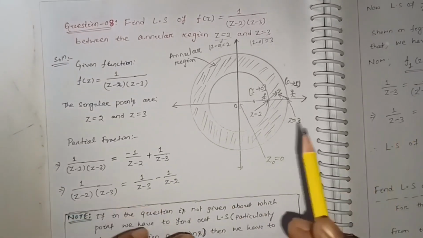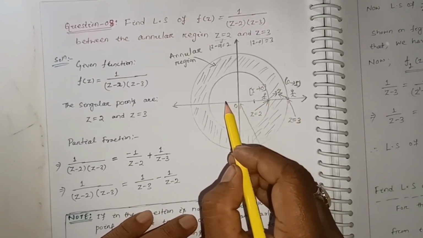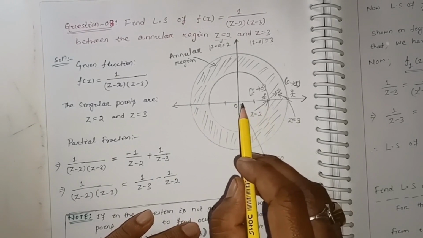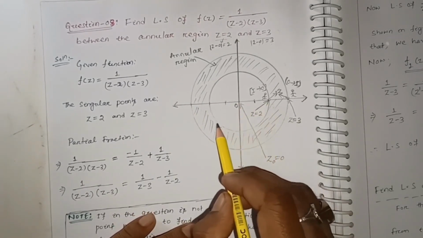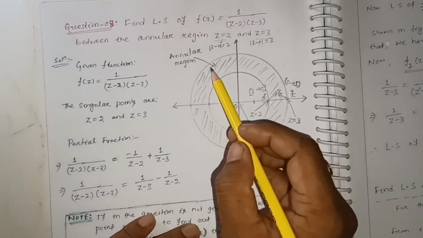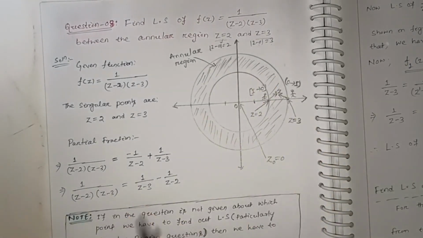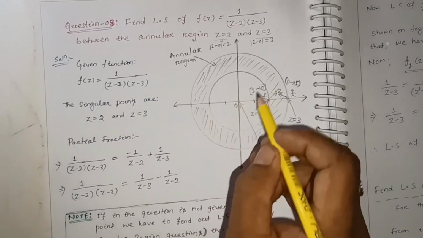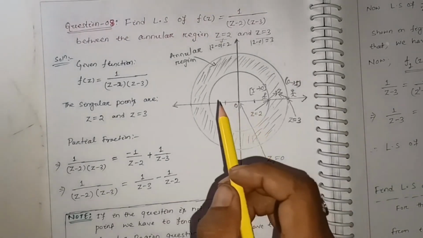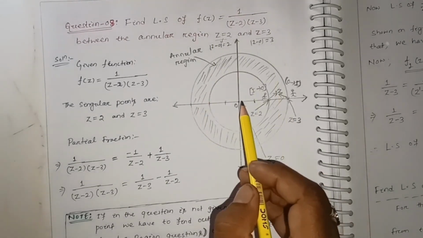How, you can see. In the complex plane, this is 1, 2, 3 and so on, and this will be minus 1, minus 2, minus 3, minus 4 and so on. Up to this much the radius is 2, one circle. From 0 up to this much the radius is 3, another circle. Annular region means inside this region, so what will be the series? Here you can see, whenever I draw this circle or this circle, the center is 0. That means we are trying to find the Laurent series of this function inside this annular region about z0